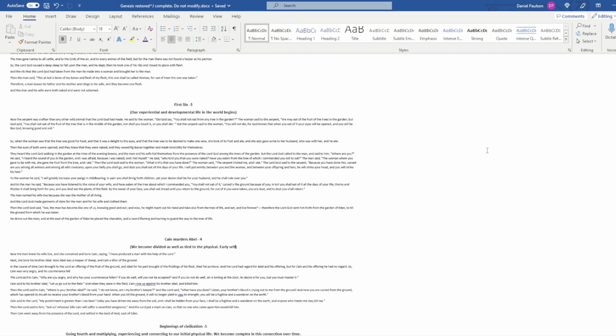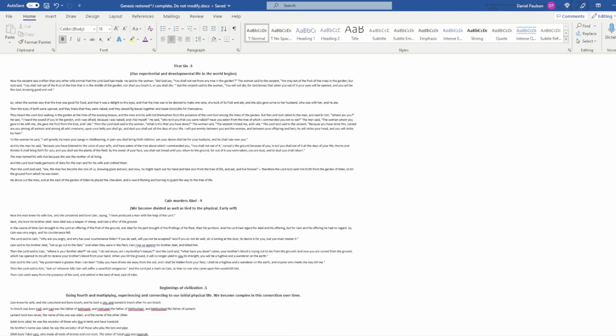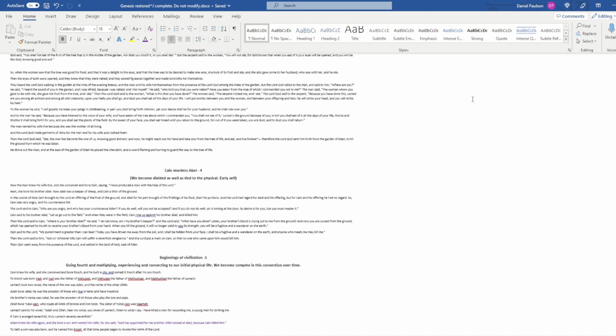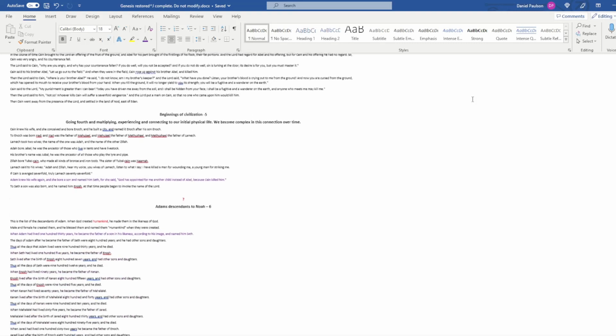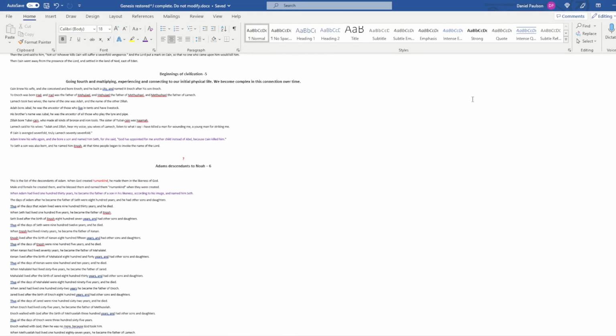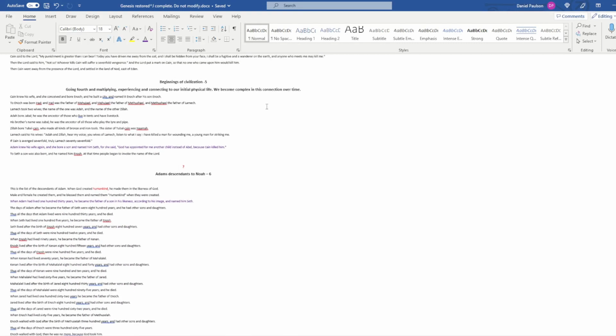In Genesis, they're establishing a lot of things that we're going to be using. And that's going to come about in the Enuma Elish as we move along instead of right here in one big chunk. They're different. They're going to have everything, but they don't look the same if you don't read them a certain way. Okay, first sin, we haven't had that happen yet, have we? Cain murders Abel? No, we're not divided yet. Beginnings of civilization. Boom, there we go.